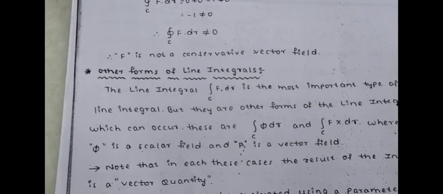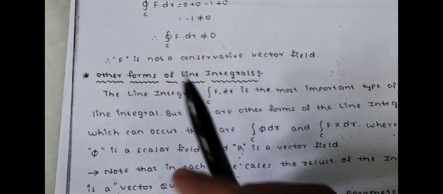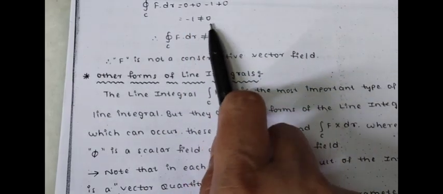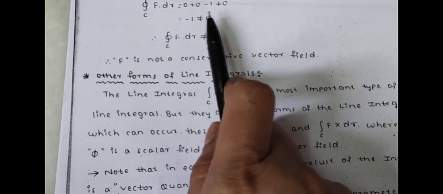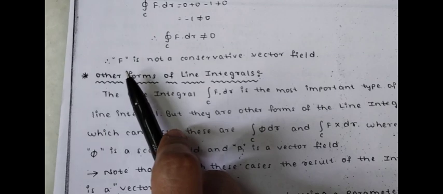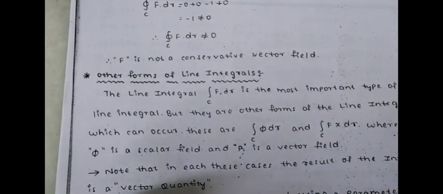Now what is the total line integral? For the total closed curve, it is the C1 line integral plus C2 plus C3 plus C4. When you add all those values, what will come? This value is 0, this value is 0, this value is minus 1, this value is 0. So the answer will be minus 1. Here we got minus 1, which is not equal to 0. What we discussed previously is that for a conservative vector field the line integral value must be 0, but here it is minus 1, which is not equal to 0. So obviously we can say F is not a conservative vector field, that is, it can't be a conservative vector field.